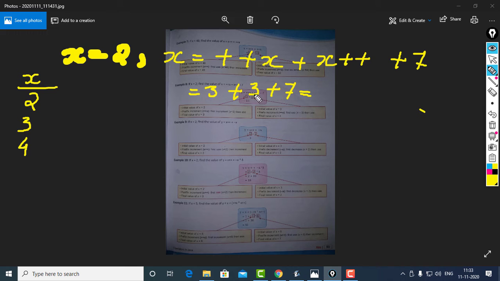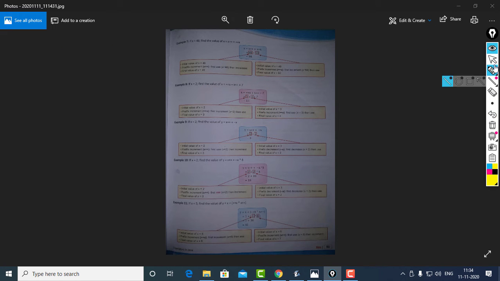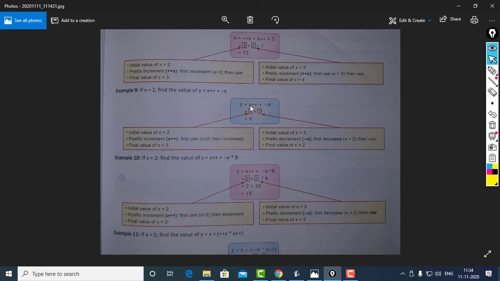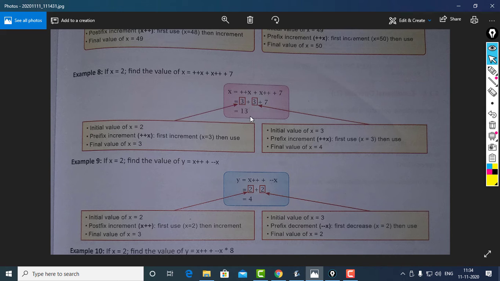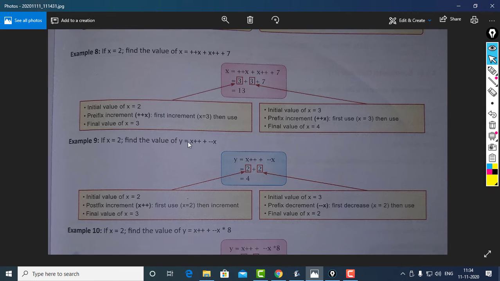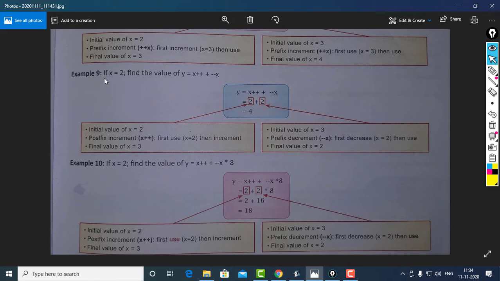So 7 plus 3 plus 3, that is 13. x is equal to 13. So this is the second example, example 8. So we got 13. Then we can discuss example 9.